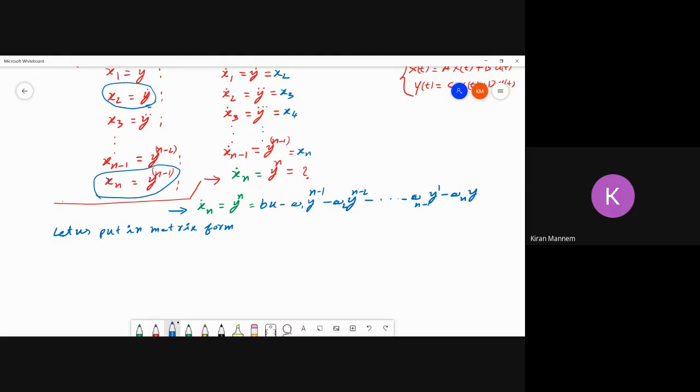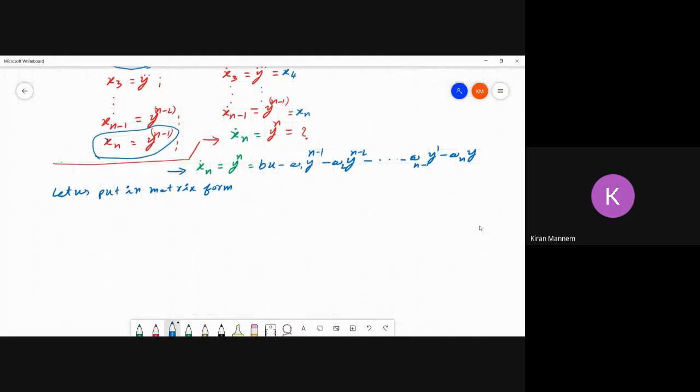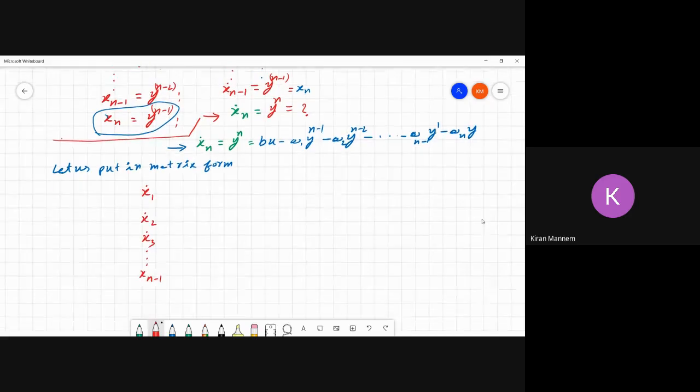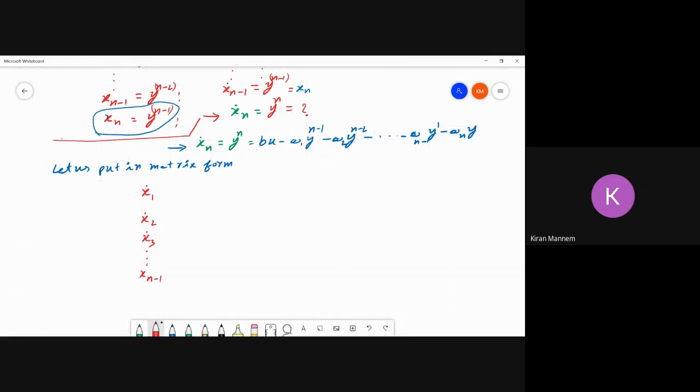So what is the first one? x dot of t, right? So I'll keep x dot of t, right? I'll use red color for this. x dot 1, x dot 2, let us say x dot 3, 3 dots, x n minus 1, and just move up x n,